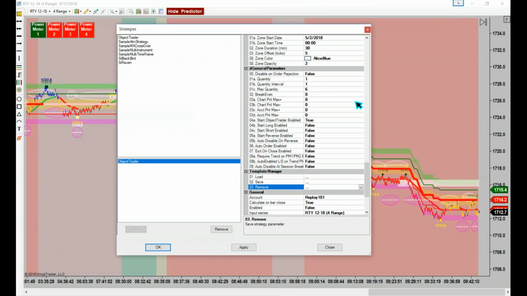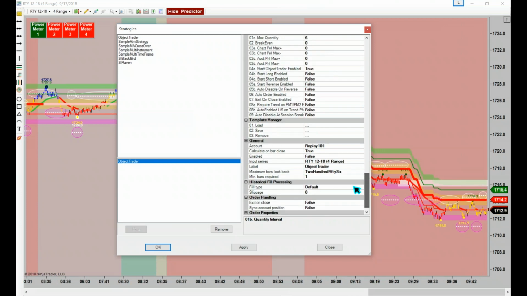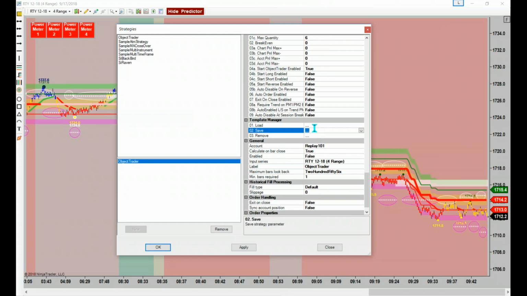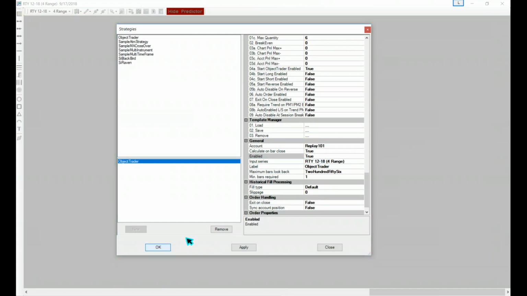Let's say that you wanted one for oil and you wanted to trade a max of 6 contracts, but you wanted to do 3 interval or 2 interval, for instance. That would do 2 each time, and then you just simply tell it you want that as your oil template. Just save it as oil, and it'll remember that when you hit enter. And then when you put it on your chart, you're going to notice that